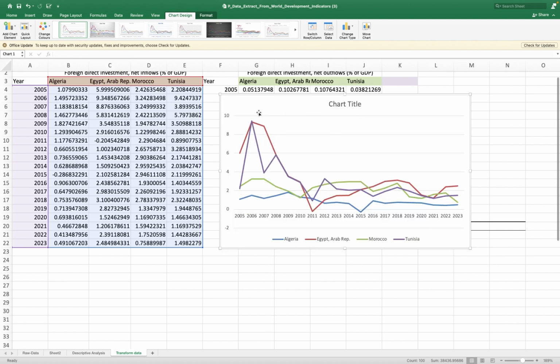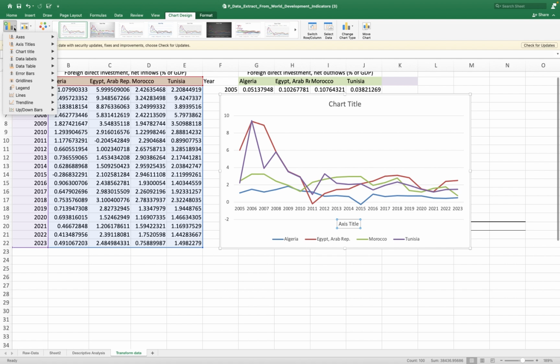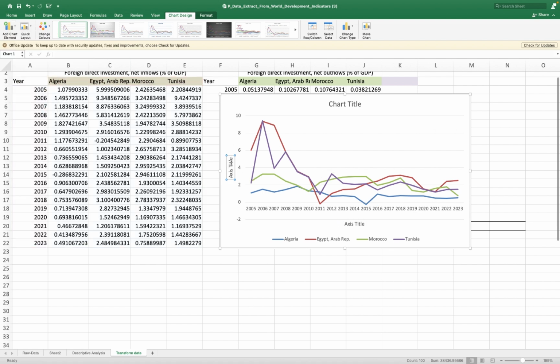So you guys that are using Windows, there's a plus icon here whenever you create your charts. That is how you relate with it. But if you are using Mac, it's always here, add chart element. So under chart element, this is my axis, which is my primary horizontal axis. I don't need them because it's already there. My axis title, that is what I need. I need the horizontal one. And my axis title, I need the vertical one. So my vertical here